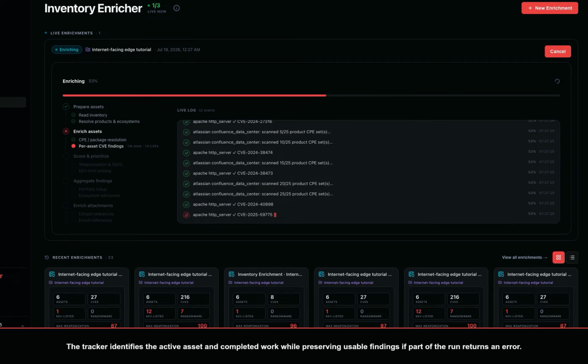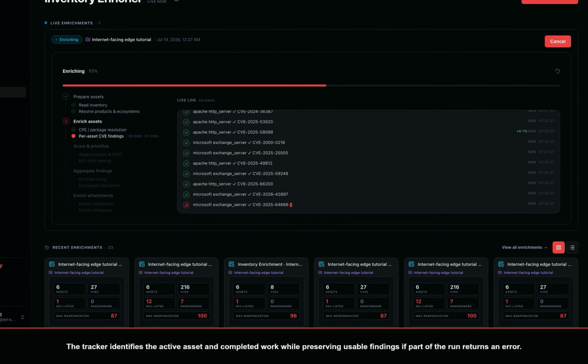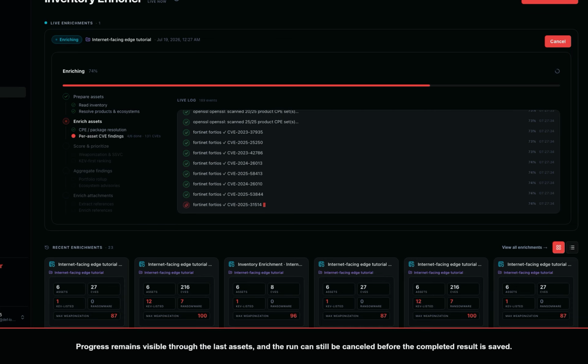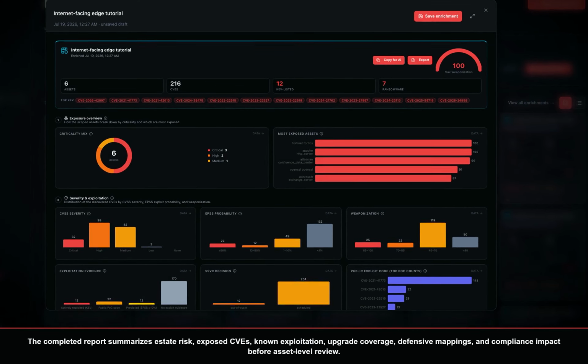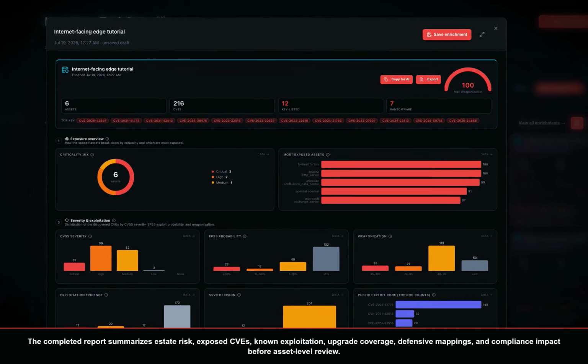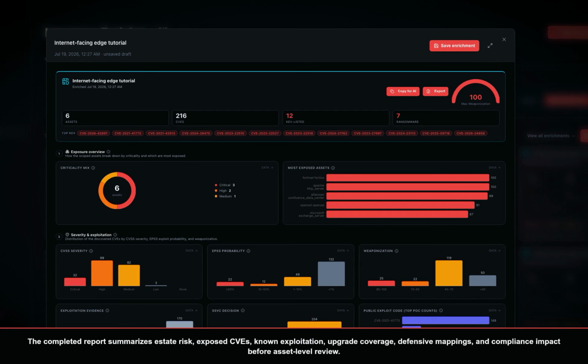The tracker identifies the active asset and completed work while preserving usable findings if part of the run returns an error. Progress remains visible through the last assets, and the run can still be cancelled before the completed result is saved. The completed report summarizes estate risk, exposed CVEs, known exploitation, upgrade coverage, defensive mappings, and compliance impact before asset-level